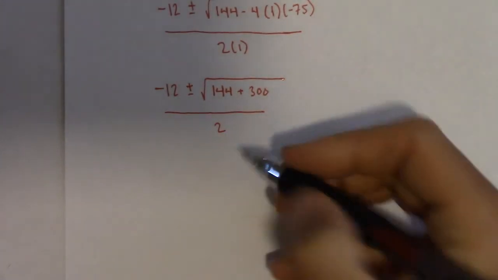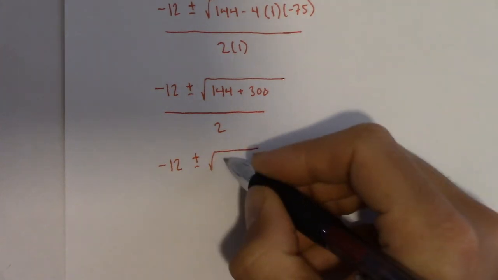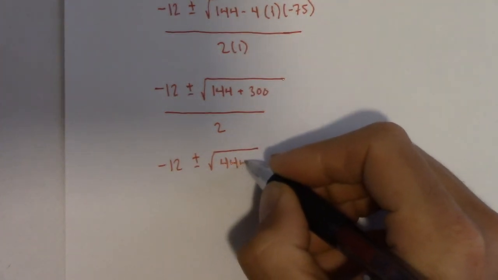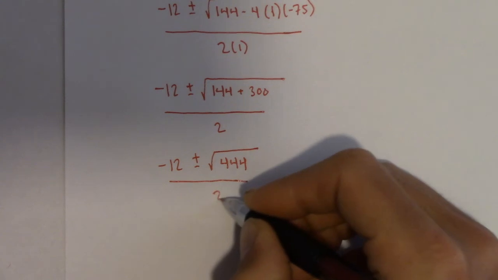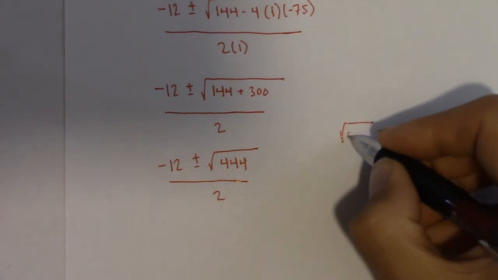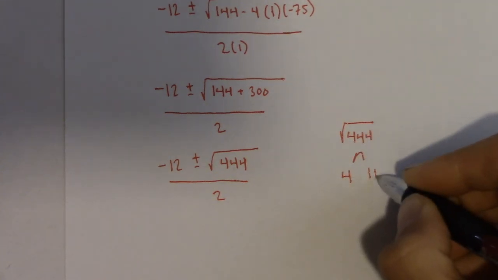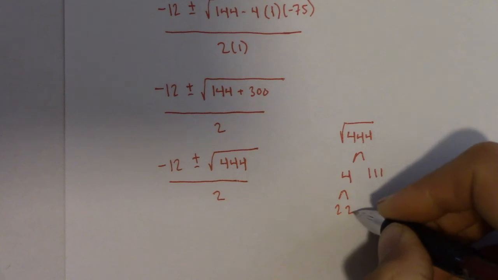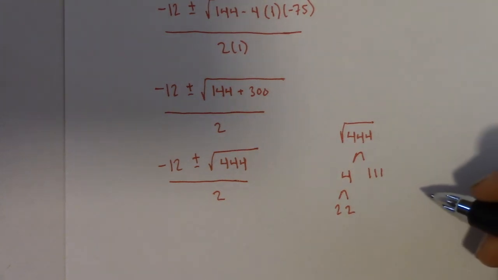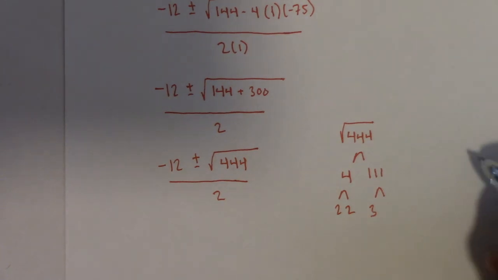So then from there I've got negative 12 plus or minus the square root of 444. That's kind of fun. All over 2. And let's see, if I want to break down that 444, I know I can take a 4 and a 111, and the 4 breaks into 2s. And I want to guess a 111 should have a 3 in it. So if I take a 3 out,